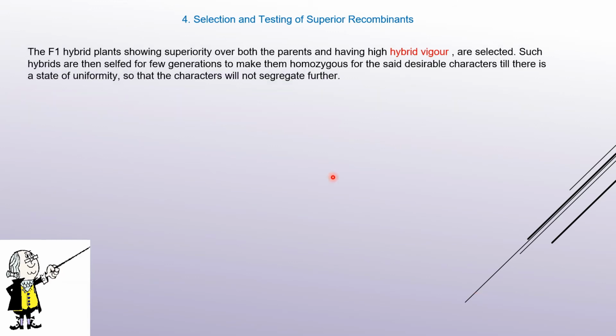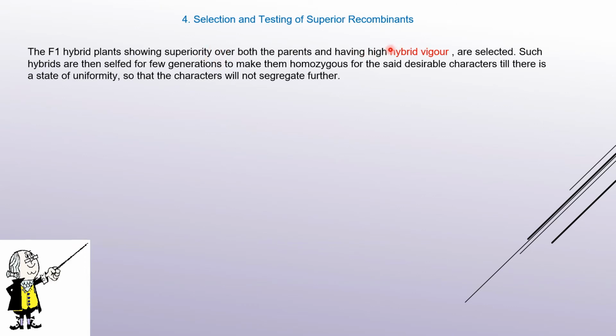The fourth step is selection and testing of superior recombinants. Now I have already received the F1 generation. From that F1 generation I am going to select and test the superior recombinants. Now look over here. The F1 hybrid shows superiority over both the parents. It means if suppose plant A is very disease resistant and plant B is producing many desirable fruits of good quality, the F1 progeny which I would be getting will be showing both the qualities of the parents,